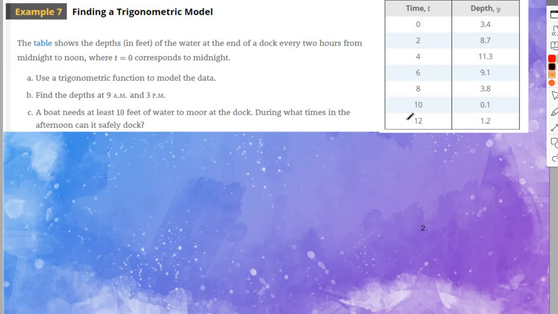You could technically use sine or cosine, but again, we're going to stick with our sine. Are we okay with that? So which one do we want to find first? D, sure. So remember we said that